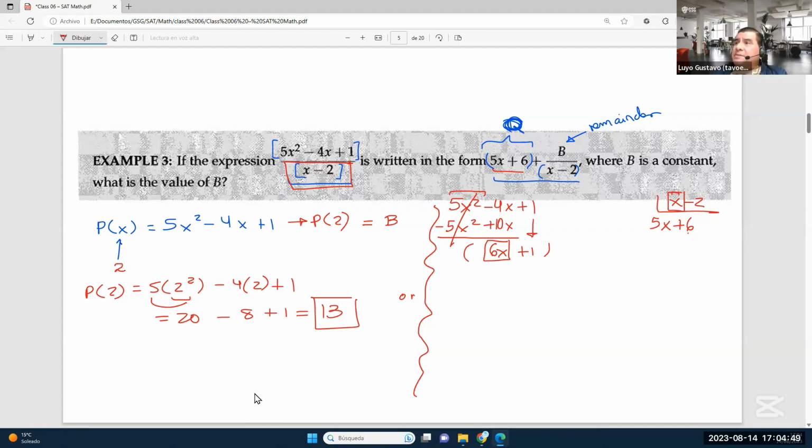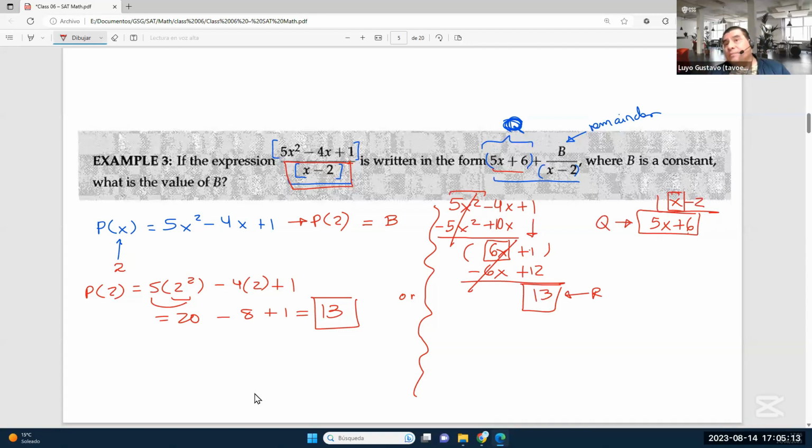So 6 times x, negative 6x, since we're subtracting. 6 times negative 2, negative 12, plus 12, because we are subtracting. And so we have 1 plus 12, 13. You see? The remainder. And here, of course, we have the quotient,